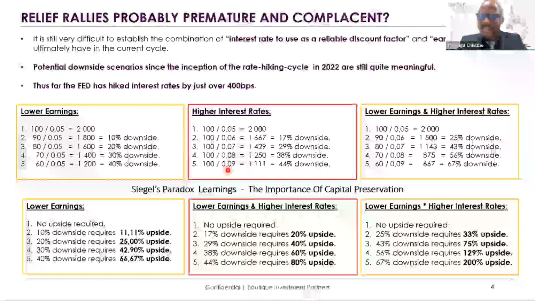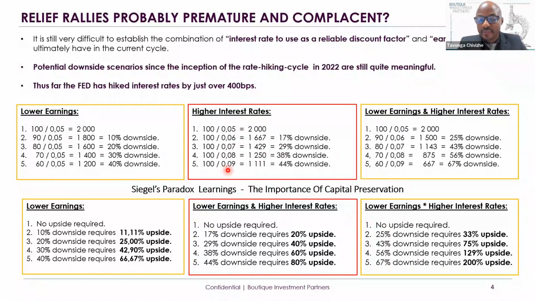Obviously, in their case, they started at almost 0 to current levels of between 4.25 and 4.5%. But you can see that that easily translates into 44% downside risk, all else equal. What we're very concerned about is an environment where the market starts to combine earnings weakness and rate hikes. It's very difficult to know just which of these combinations we're going to have, but what's quite clear is that as soon as you start to combine earnings weakness and rate hikes, the downside